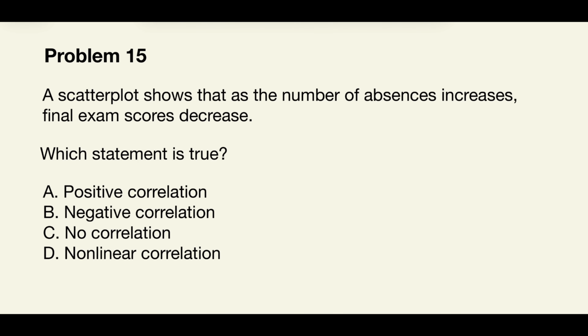A scatter plot shows that as the number of absences increases, final exam scores decrease. Which statement is true? Positive correlation, negative correlation, no correlation, or nonlinear correlation? So think about it. We have absences increases, final exam scores decrease. Well, because one variable increases while the other decreases, this represents a negative correlation, which is answer choice B,